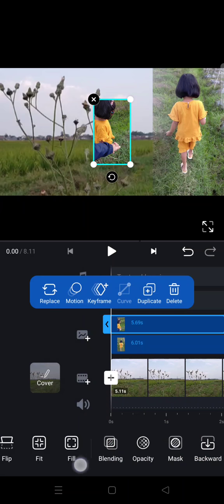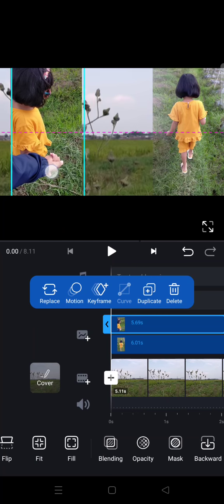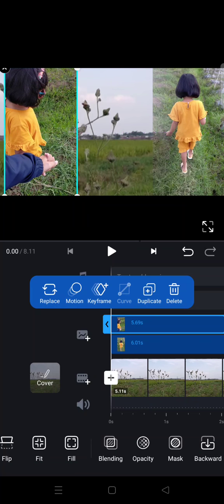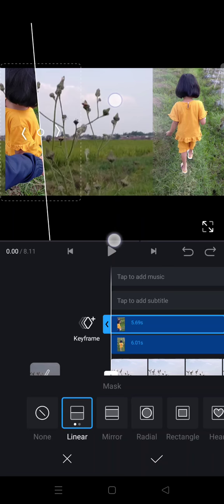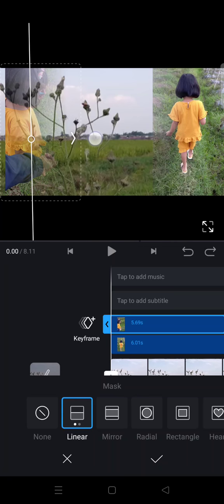Okay, I'm going to choose this and then go to fit, and then drag the video to the right like this, and then go to mask, choose linear, and then rotate again the masking like this, and then here just add a feather effect like so,